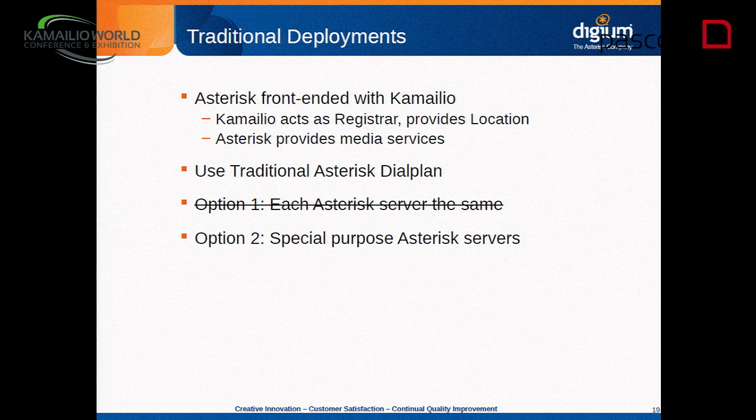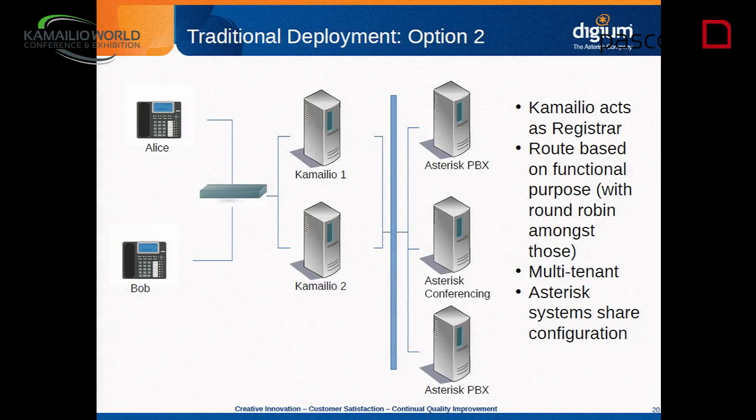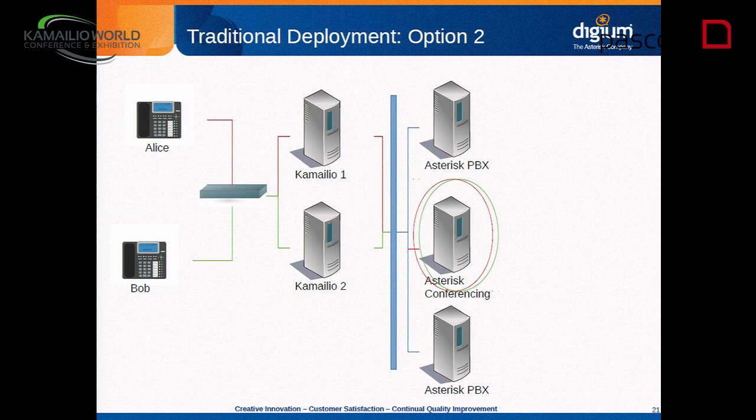So option 2, well, I need a conference server then, right? So if I've got a PBX, most of that's just going to be 2-party calls. It's not as important about whether I've got all my customers grouped on one versus another. Maybe I do that, maybe I don't. But I could actually have some special purpose Asterisk servers, and then I can route all my conferencing to that conferencing server. So now it's a little bit better. And Kamailio is still doing its thing, but now maybe it has groups of servers, and it understands that if somebody tries to reach a conferencing server, it needs to send it off to the conferencing server as opposed to the PBX servers. And that works pretty well, because now Alice and Bob, when they call in, both end up on the same server, and life is grand,